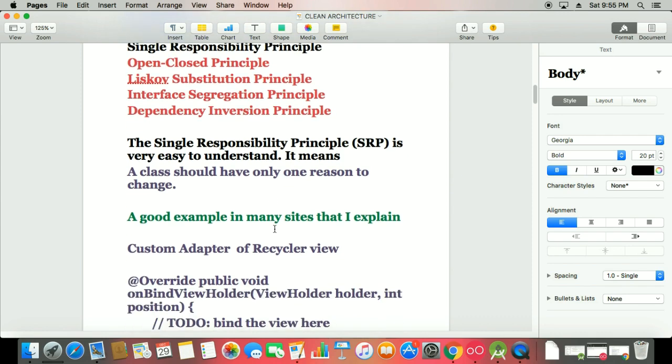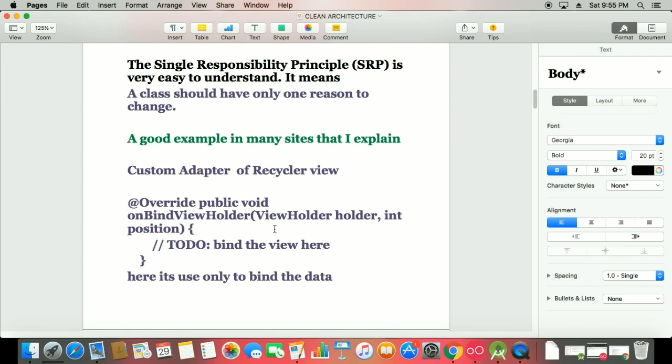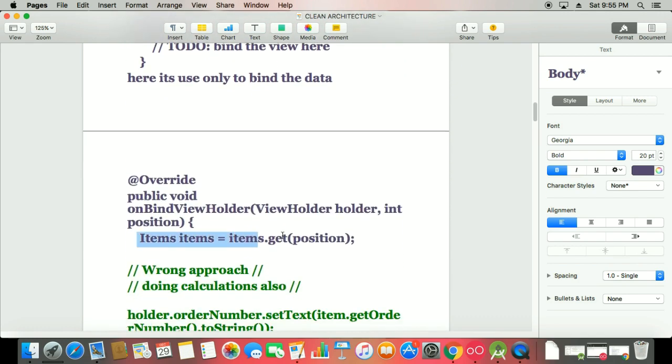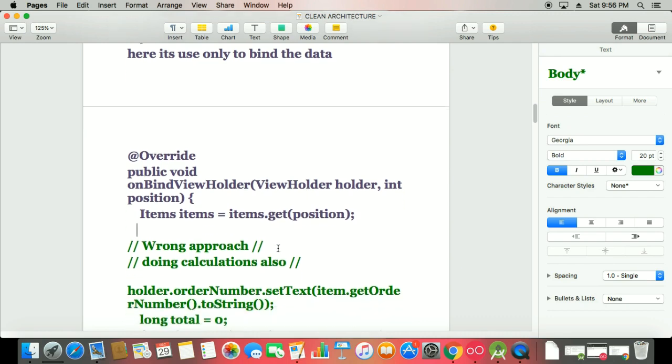I have seen very good explanations and examples on many websites. If you go with the RecyclerView and make a custom adapter, you have onBindViewHolder. When we work with this holder, we give positioning to items, because we put a particular holder at a particular position of that item. That means you set the text for the item number, the item name, the item quantity, the item cost, and so on.